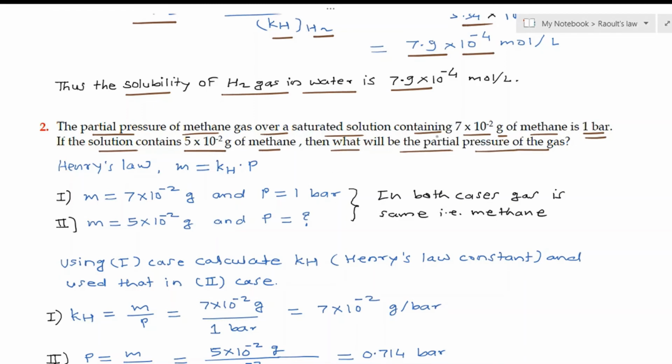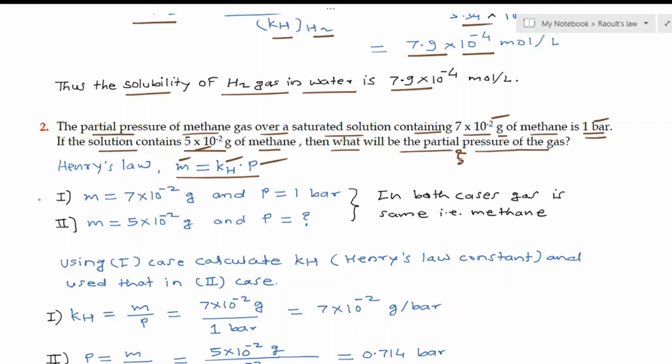In one case, the weight of the gas and partial pressure of the gas is given. In the second case, only weight is given. We have to calculate pressure. Now here we use another form of Henry's law, which is given by m is equal to Kh into P. Here m is the mass of the gas,